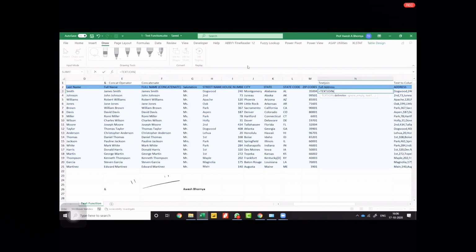We will provide the delimiter. Now remember, the delimiter also has to be provided in double quotes. So you have your delimiter in double quotes, and in the double quotes you will put a comma and then a space. After which you close the double quotes, put a comma, and then select this entire set of data. Once you have selected it, you close the bracket and press enter. Now when you press enter here, it will